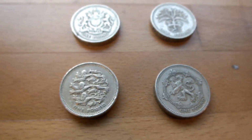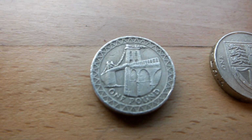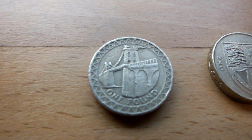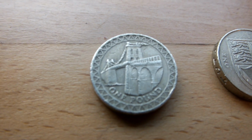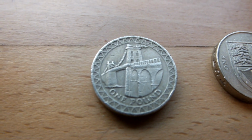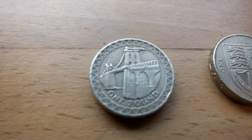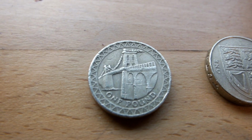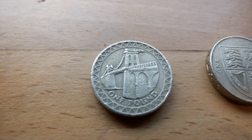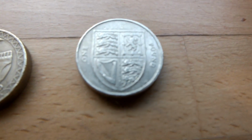There's also ones with bridges on, one famous bridge from each of the 4 countries. Now, please forgive me, I can't tell you what this bridge is or where it is, but that's just one of them. There are obviously 3 others, one representing each country in the UK. There are also ones with the royal shield on,